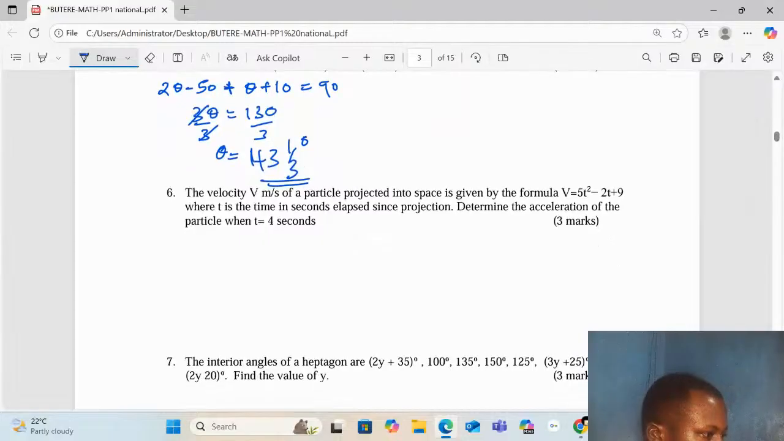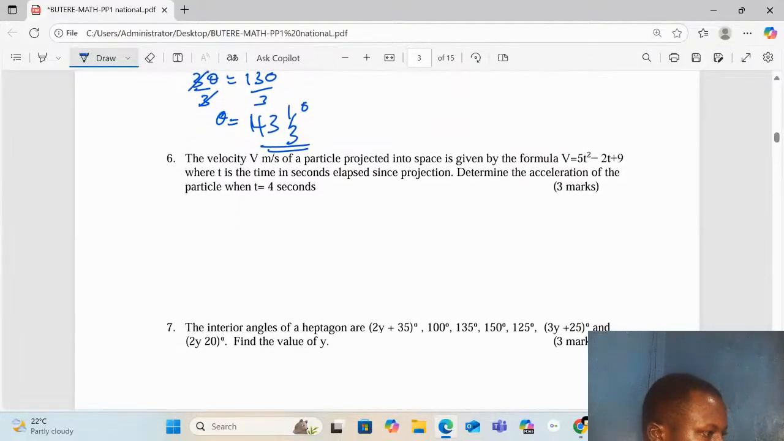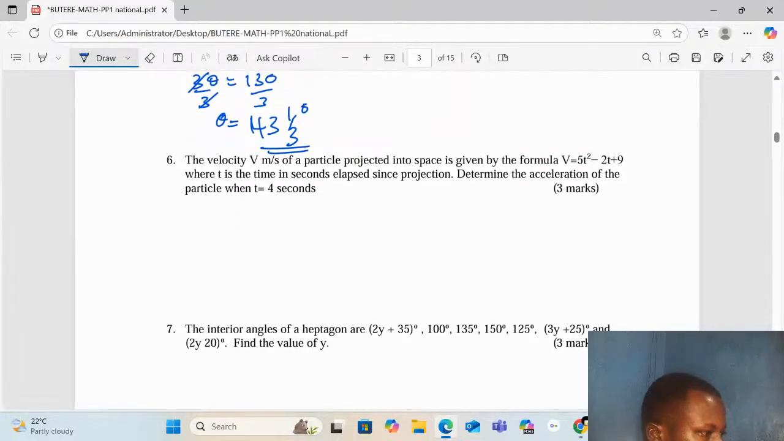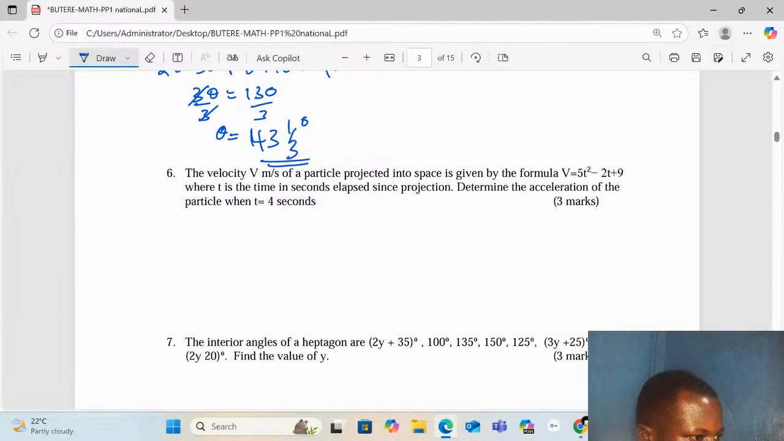Then number 6. The velocity v of a particle projected in a space is given by the formula v is equal to 5t squared minus 2t plus 9, where t is the time in seconds elapsed since projection. Determine the acceleration of the particle when t is equal to 4 seconds. So velocity we are given to be